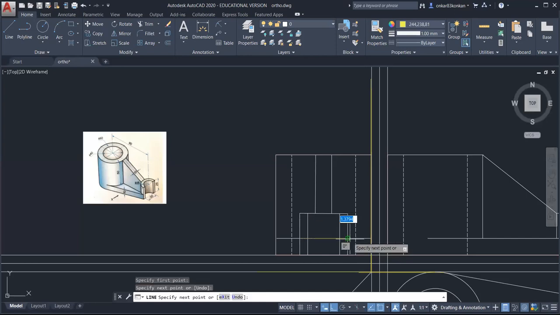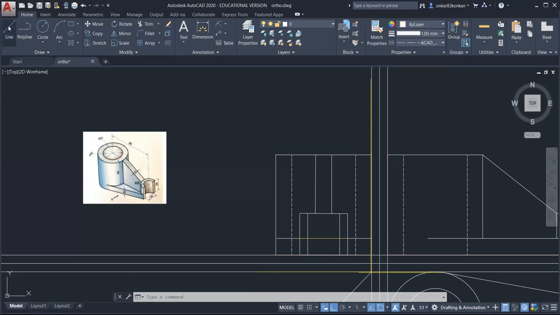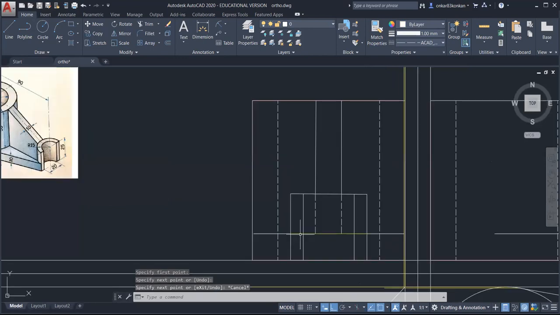So up to this line, we should extend this hidden line. So now select the dash line and select bilayer. Again, select line. And from this point up to this line. And again, from this point.